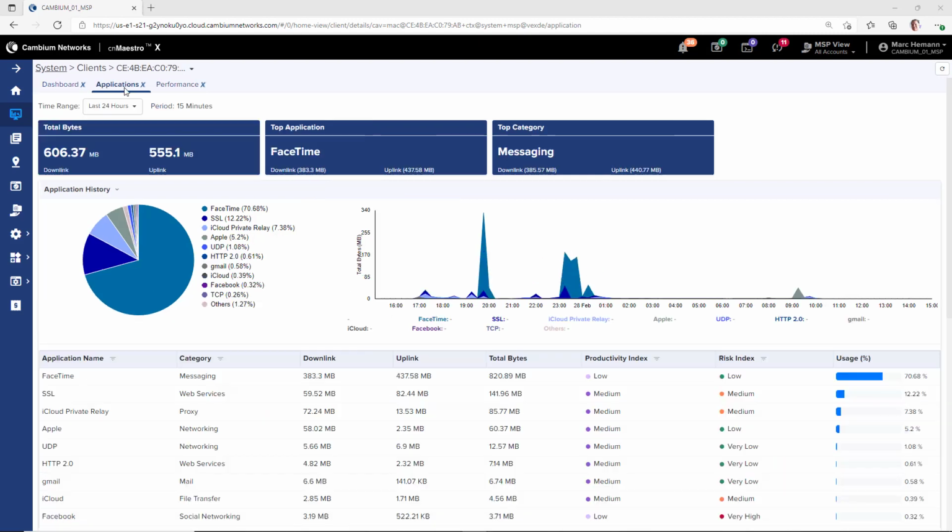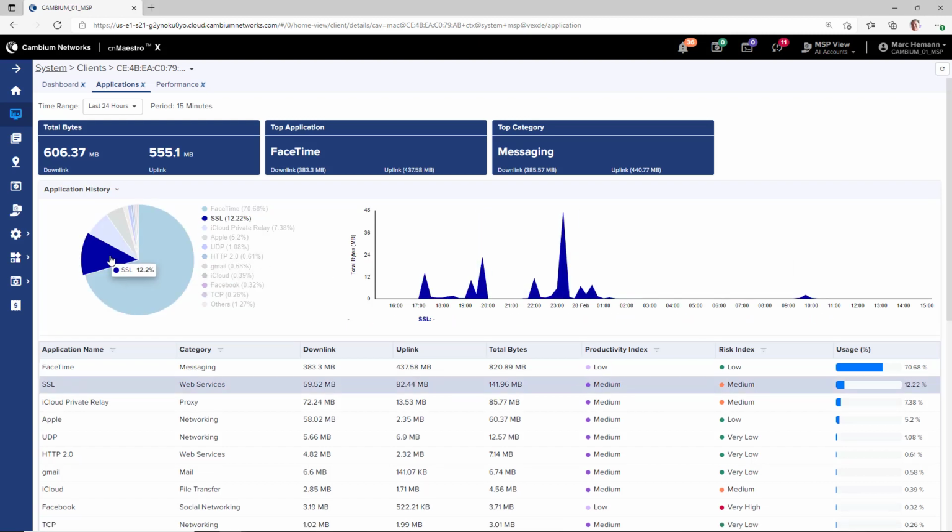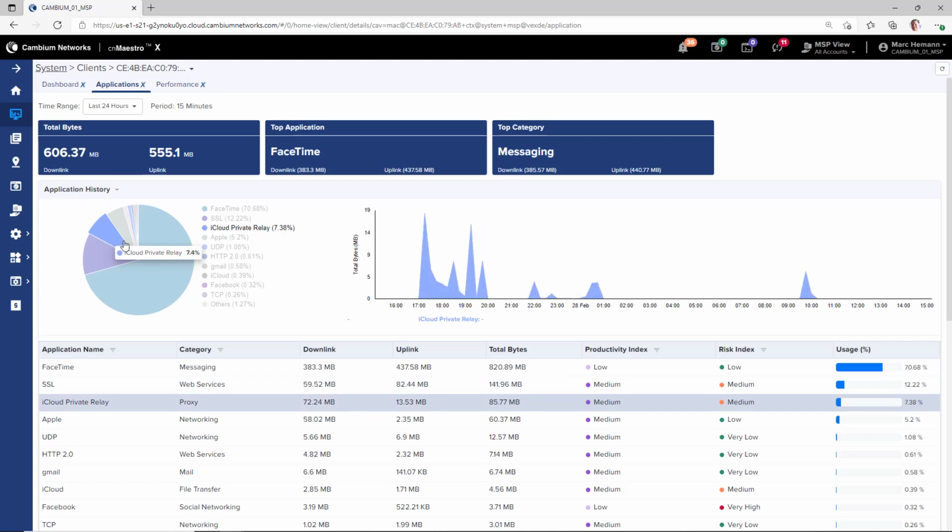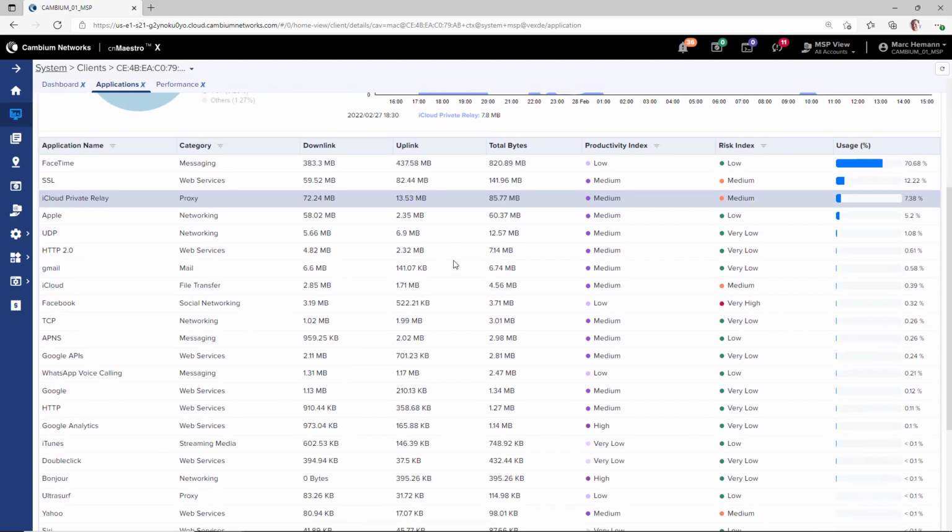The Applications page has a pie chart representing how much of the total bandwidth each application is using. The chart on the right shows you when the application activity occurred. Click on a different application in the pie chart and notice how the chart on the right changes to reflect the times and usage for that application. The table at the bottom shows the details of the applications, including uplink and downlink bandwidth usage, a productivity index,